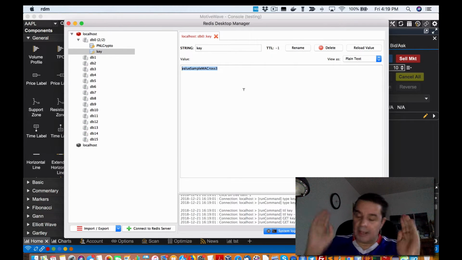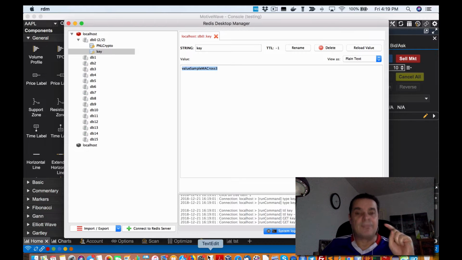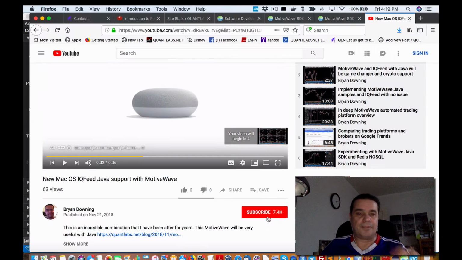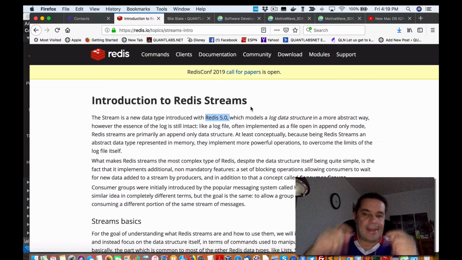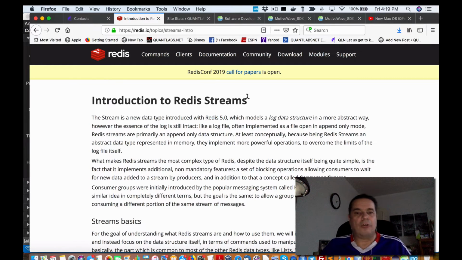So you may go, well, that's not really exciting, but here's the power. This version of Redis that I'm running is version 3, an older version. So I'm going to test this now with a brand new version, Redis 5, and this is where it gets really exciting. Redis 4 is pretty powerful, but now we have something called Redis Streams. This is unbelievably powerful. So now I can push and stream that data into my Redis, hopefully soon to be a cluster of data,